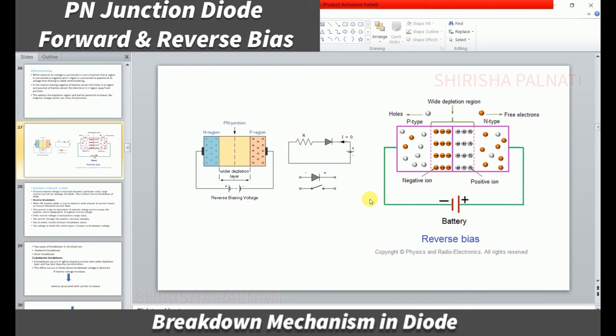So the p type has some majority charge carriers and some minority charge carriers also. Already I told you, in the p type the majority charge carriers are holes and the minority charge carriers are electrons, and in the n type the majority charge carriers are electrons and the minority charge carriers are holes. So in this reverse biasing, a little bit of current flows through the PN junction. Can anybody tell me why a little bit of current flows in reverse biasing of the PN junction? Anyone? Hello?